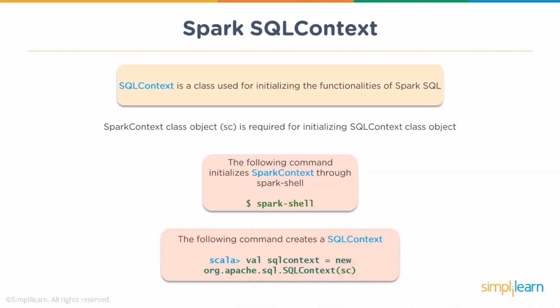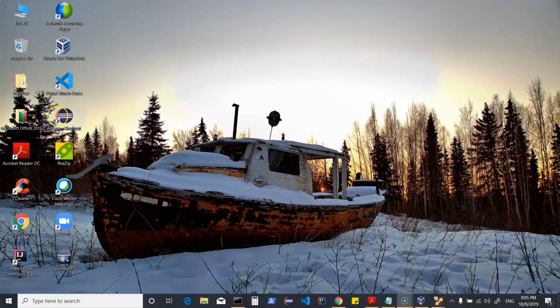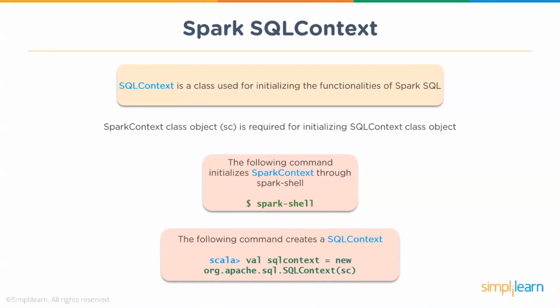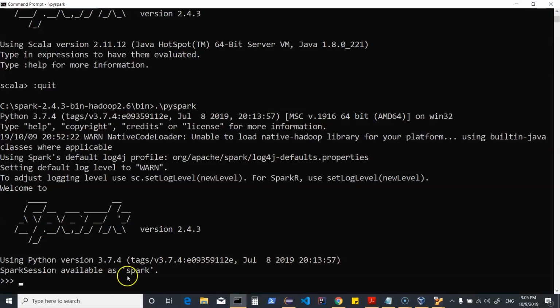I will show how you do that in your IDE, wherein you have to initialize your Spark context. However, as I said, in Spark shell or in PySpark, your Spark context gets initialized automatically, and you can work with your RDD API, or you could be using Spark session, which is available as spark, to work on Spark SQL, whether you're working with PySpark or with your Spark shell.